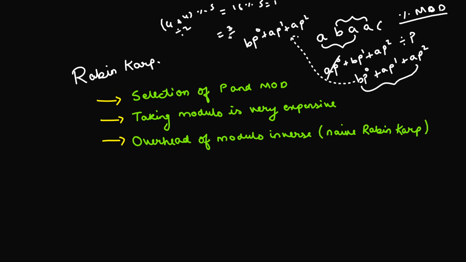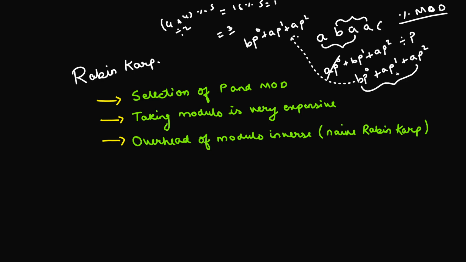So the new concept you have to learn here is to calculate the modulo inverse. There is this overhead of modulo inverse if you implement a naive Rabin-Karp algorithm. So we'll modify the Rabin-Karp algorithm that we have just seen, and implement a slightly different version of it, which enables you to get rid of this modulo inverse operation as well. I personally was stuck many times implementing modulo inverse, because I had to implement fast exponentiation and then modulo inverse and then incorporate all the other things, which is time taking and an overhead as well, right?